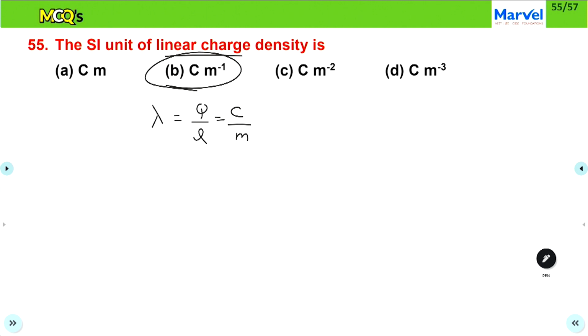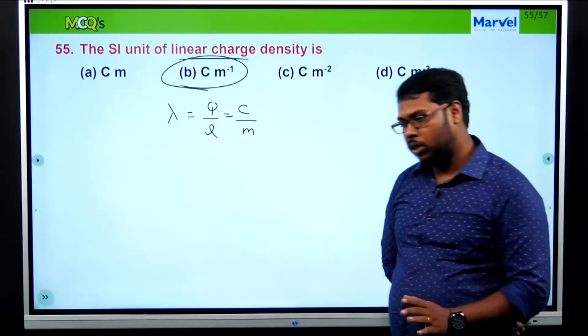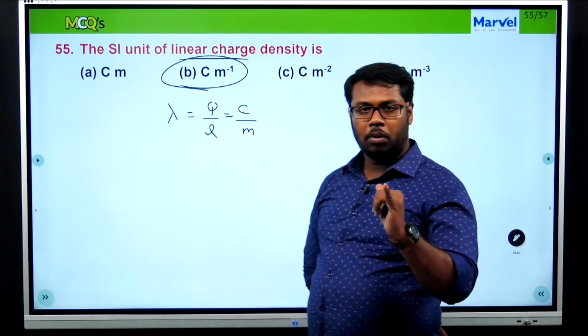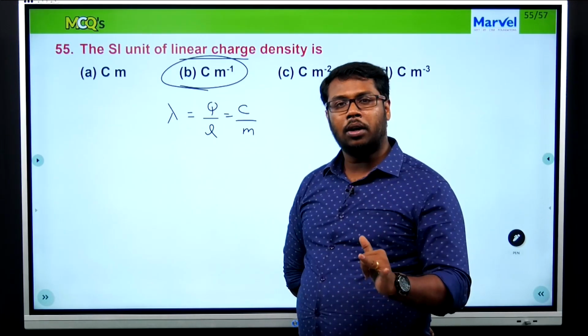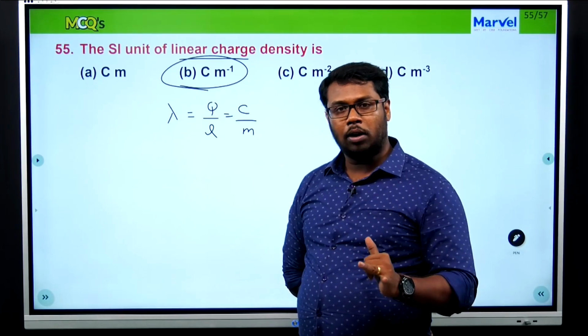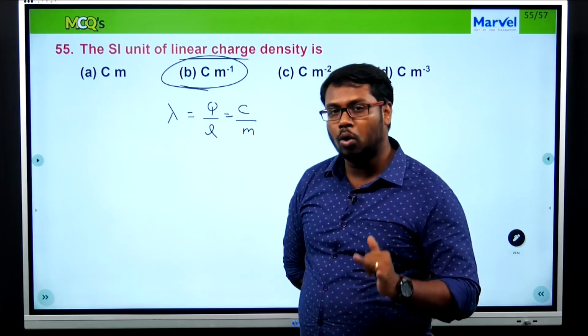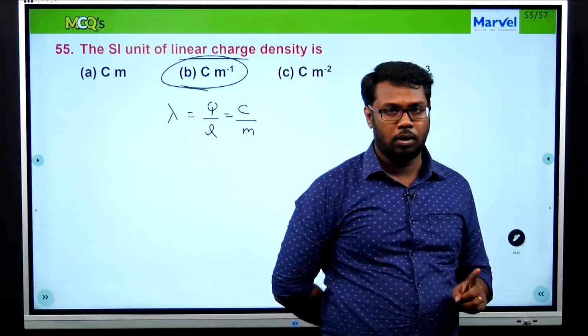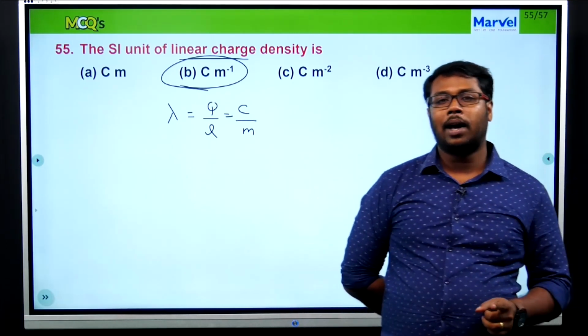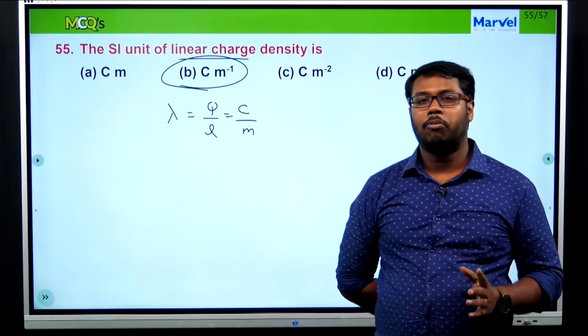If you go through the entire session, I would have followed a simple technique to solve each and everything. The technique is the basic one. Choose a formula according to the question, take the data from the question, plug it into the formula, and do the calculation, because most students go wrong in the multiplication and division. Please make sure you don't do that. Do the analytical calculations well and you will end up with the answer.